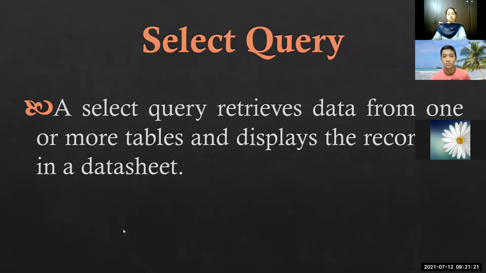For example, I want to create a query in which I want to see the records from accounts department, employees. All of you had created the table for employees in which we had specified the department name. So I want to see the employees of only one particular accounts department. I can save the query. Later on, whenever I want to see the employees of accounts department, I can just run the query every time. I do not need to create it. I will create it once, save it, and I can run it as and when required.